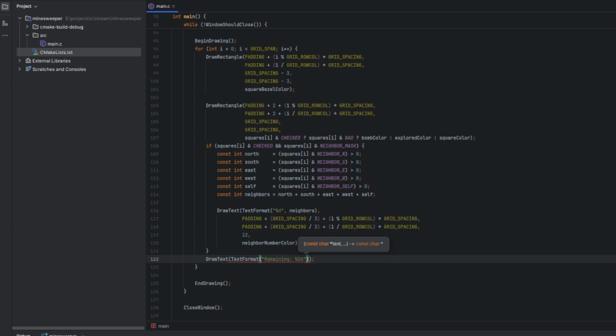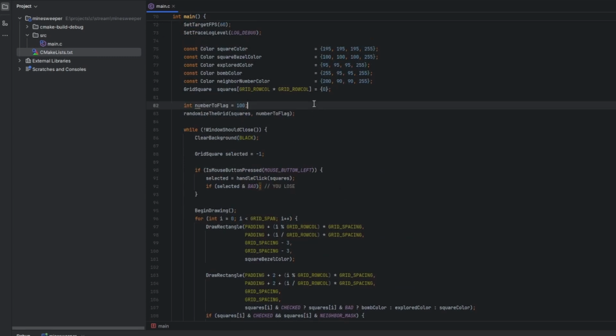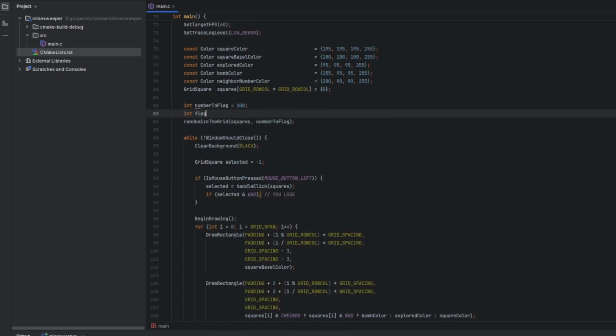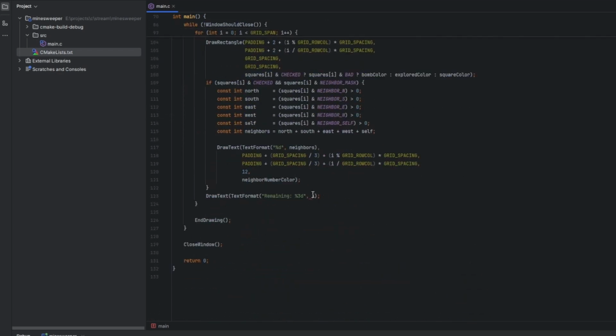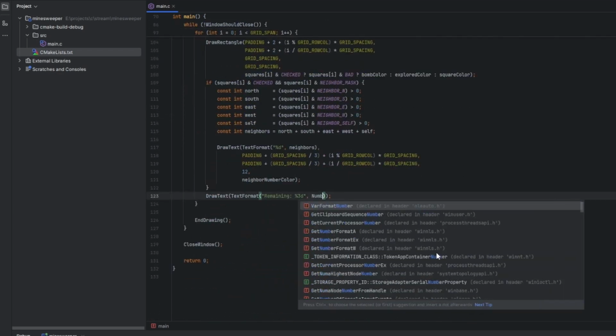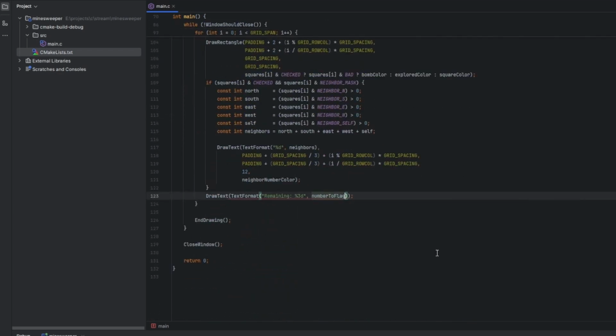Remaining that, and then that's gonna be, we're gonna have int flagsPlaced equals 0, okay. Number to flag minus flags placed, and then I have to handle right click after that too. And we're gonna put this at